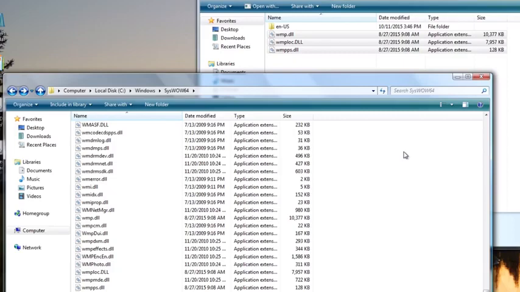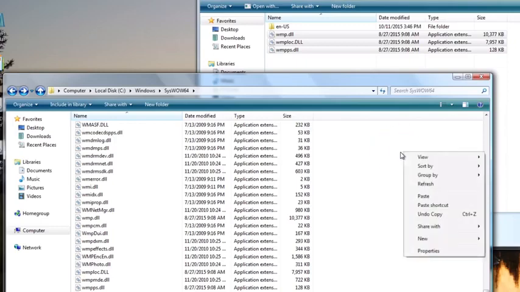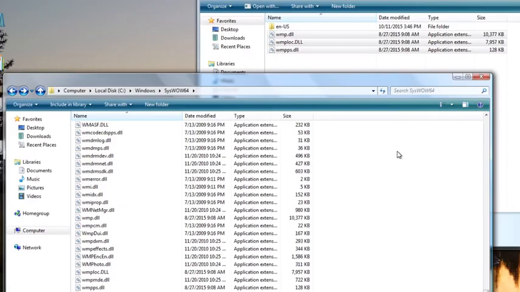Back, I'm not going to help you, and I'm not going to feel sorry for you, because I've said 100 times already, do not delete the files if you want to keep Windows Media Player 12. Back them up, rename them to something different that you can remember. What I would do is just rename it to like WMP old.dll or